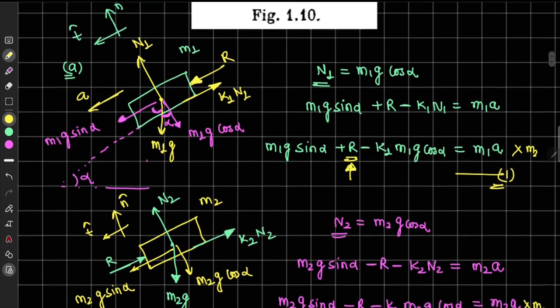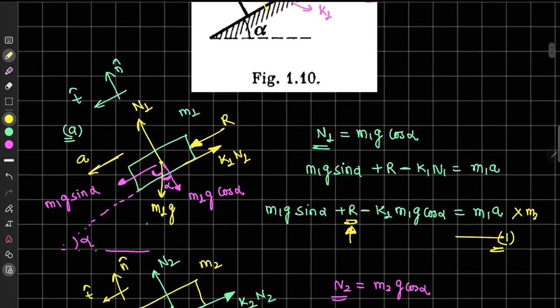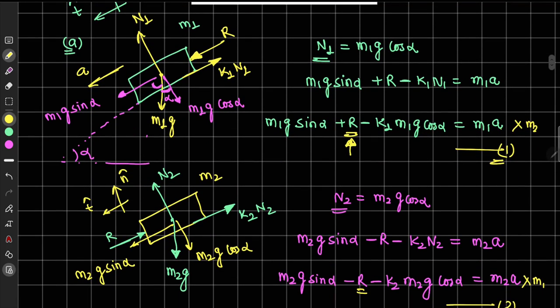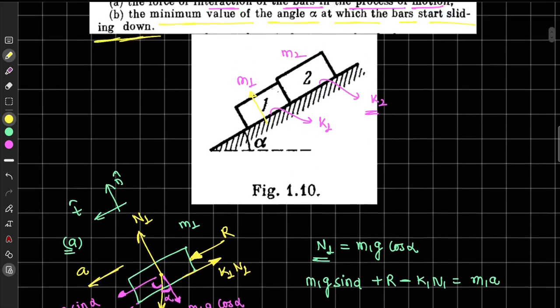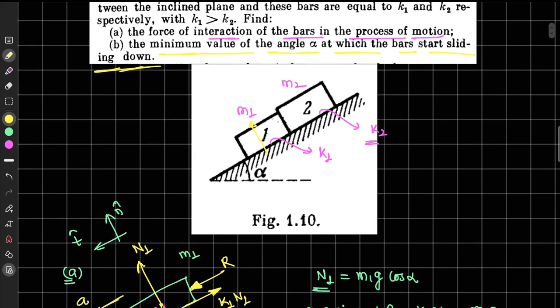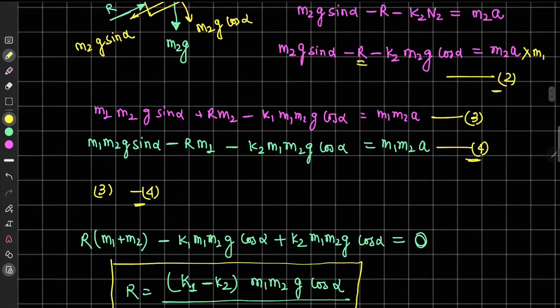Now in the second part of the problem, it is asking to find the minimum value of the angle alpha at which the bars start sliding down. If we carefully look here, as it says the bars start sliding down, that means the acceleration is actually 0. It is at the rest condition, it is just starting to slide down. For that case we will take the first equation and make the acceleration 0, and we can write it here